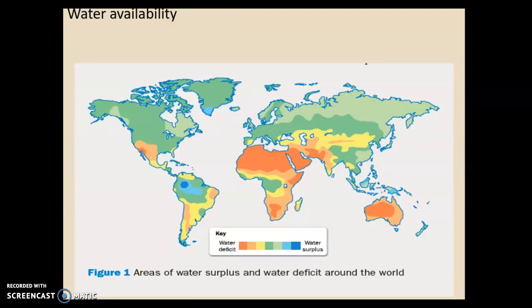Okay, similar map here, very similar pattern, just different colours. We've got two different terms here. We've got a water surplus and we've got a water deficit. So you can see that there are areas which experience what's known as a water deficit. So they don't have